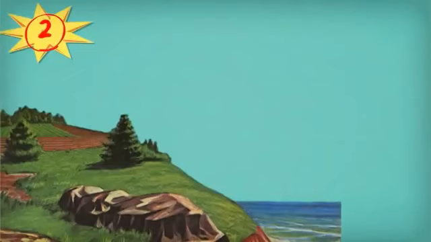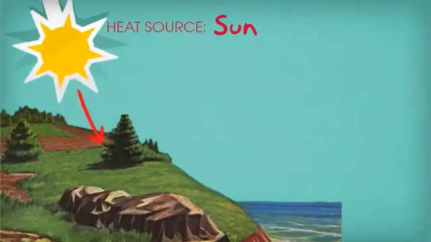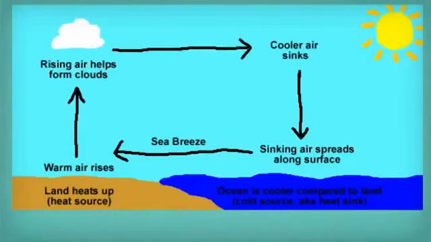The second example are sea breezes. During the day, sunlight warms the land through radiation more quickly than the sea. Because hot air is lighter than cool air, warm air over the land rises, creating a lower pressure at the Earth's surface and a higher pressure at the altitude where the air is lifted to. Due to the difference in pressure, this hot air will move out to the sea, where it will cool down